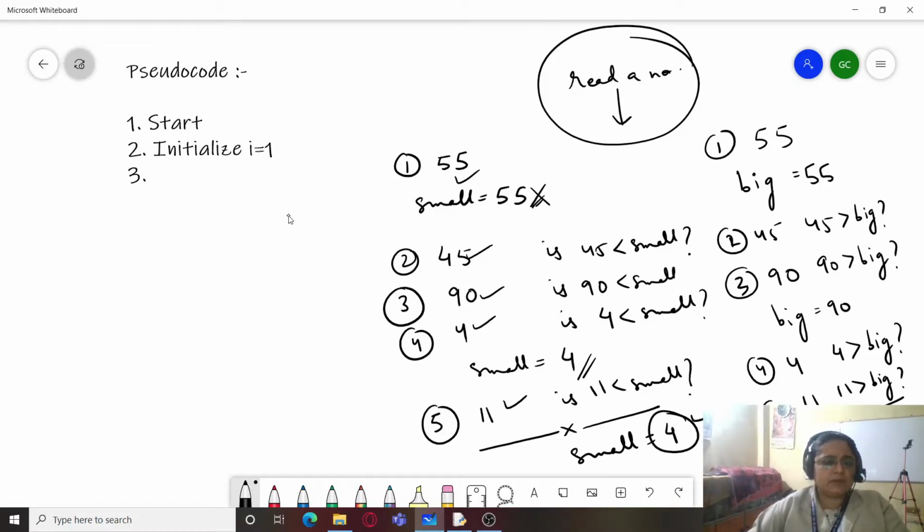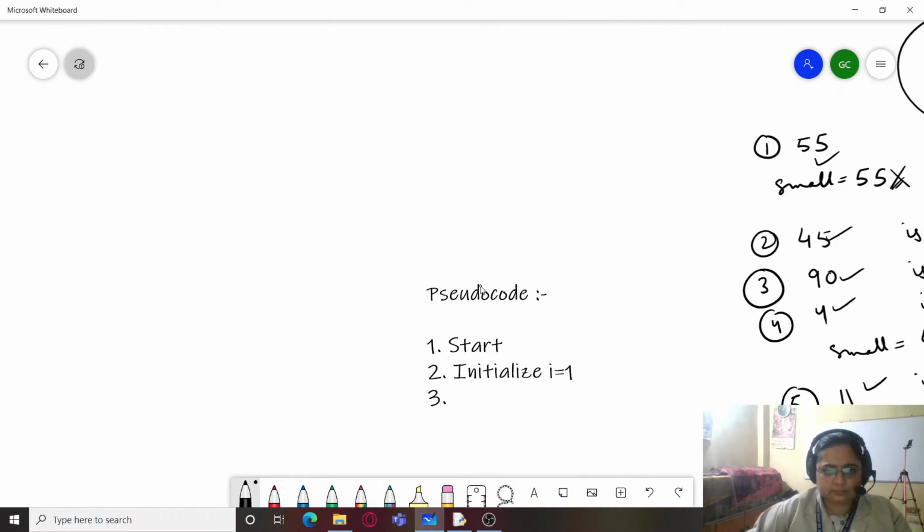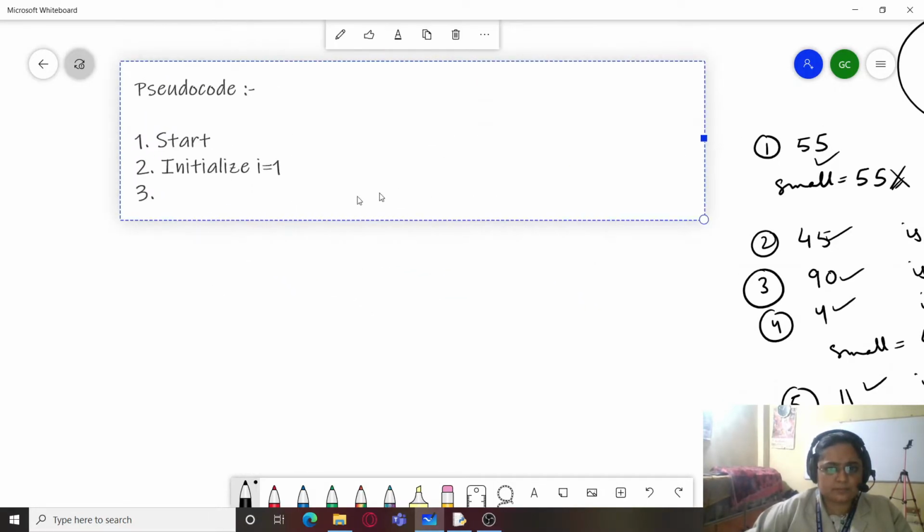So here we are just going to write a pseudocode for this. So here I'm going to start. Initialize I by 1 because we are going to do it in a loop.